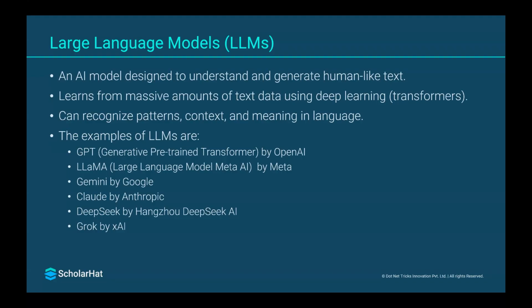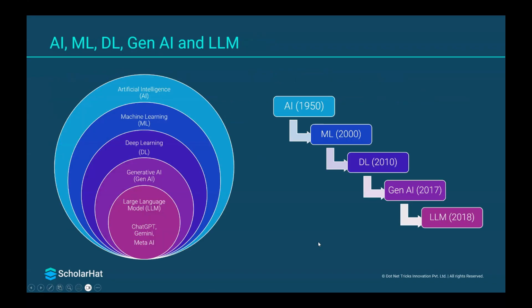If you look at the complete relation, how these things are related to each other, just look at this diagram. We come to AI. AI contains everything, it's a big circle. Inside AI we have ML. Inside ML we have DL, that is deep learning. Inside deep learning we have generative AI. Inside generative AI we have the LLM. And these are the LLM examples. And how did it start?